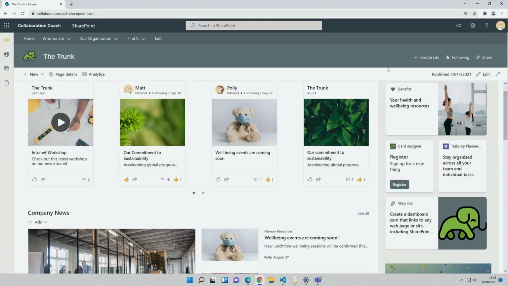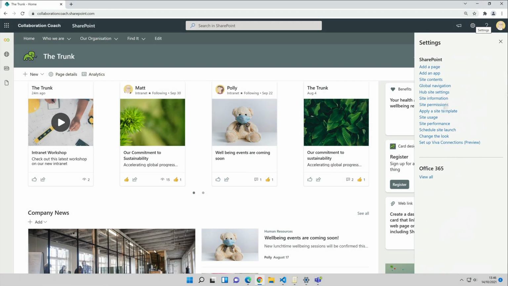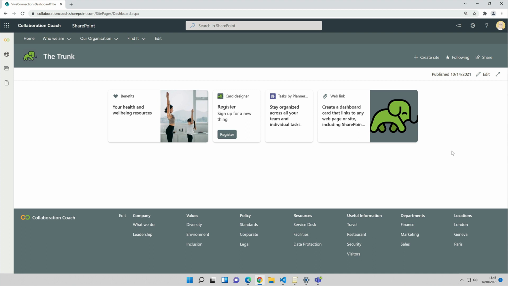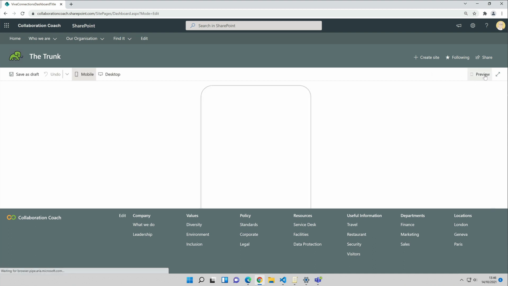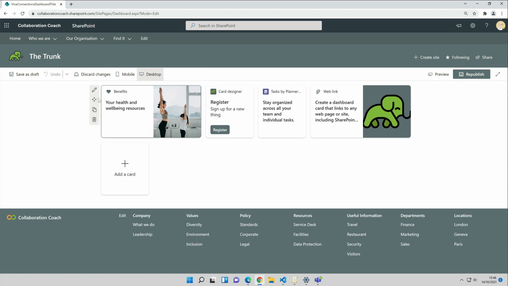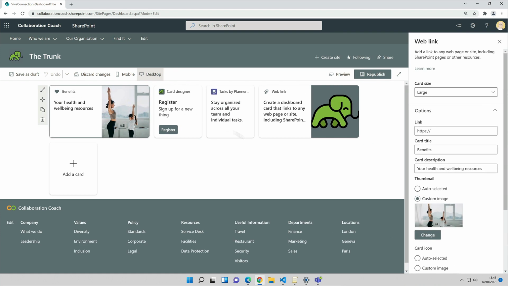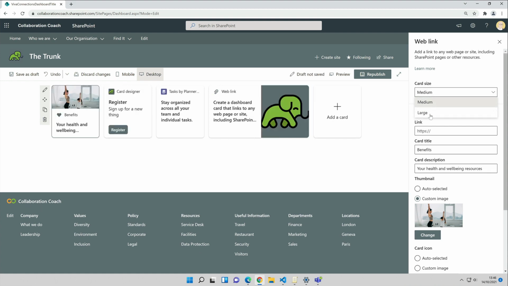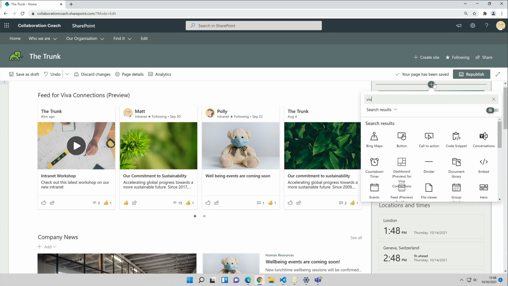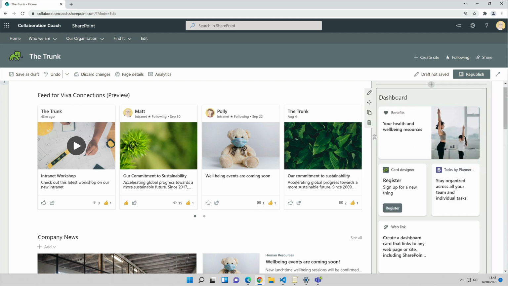Now the dashboards. On the home site, there will be an option to create a Viva Connections dashboard. Dashboards are a nice set of tiles that can be added to your homepage to make them more useful. You can build a dashboard with relatively no code, and they are edited like you would a SharePoint page. You just drag and drop tiles onto the dashboard and configure them. Then add the dashboard as a web part to your homepage so it can be placed anywhere you like.